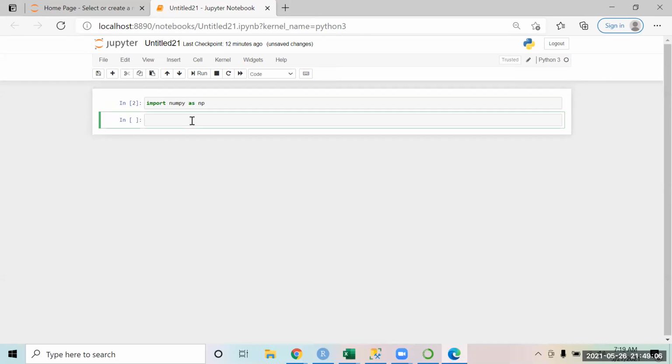So now let us create an array over here. Let's create a small array. Array equal to np dot arange, let's use the arange function to generate the numbers from 0 to 10.